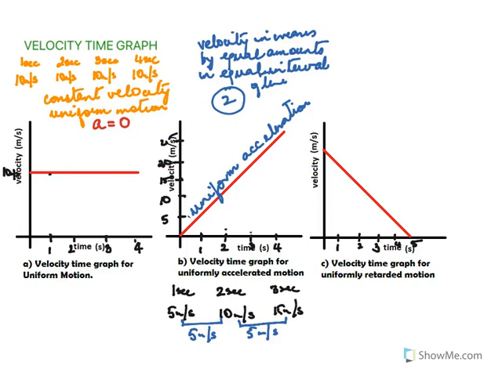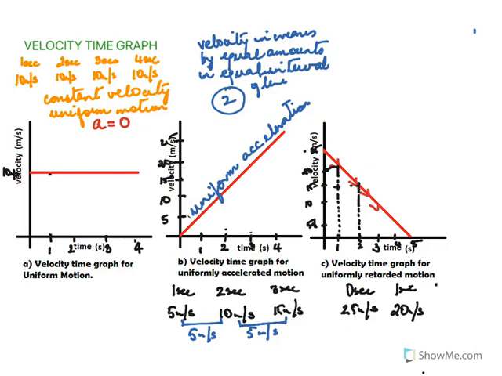Now in the third one, here the velocity is decreasing. Have you seen? It is coming down. The velocity is decreasing. At 0 seconds, the velocity was about 25 meters per second. Then at 1 second, somewhere here, it would be 20 meters per second. It has fallen down. At the second second, here